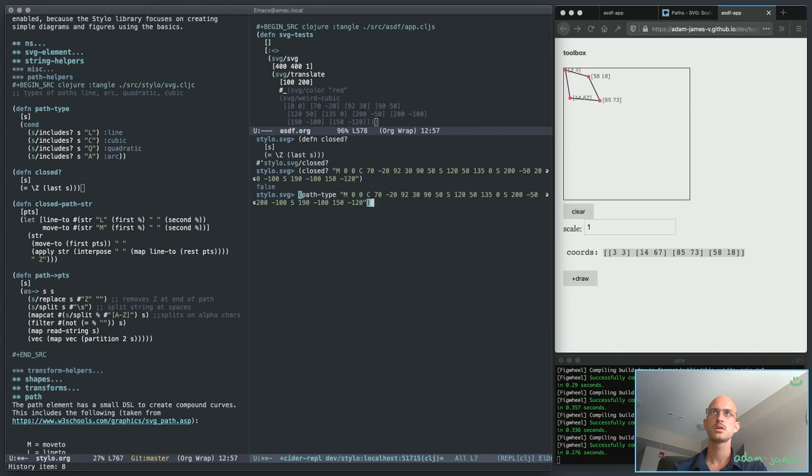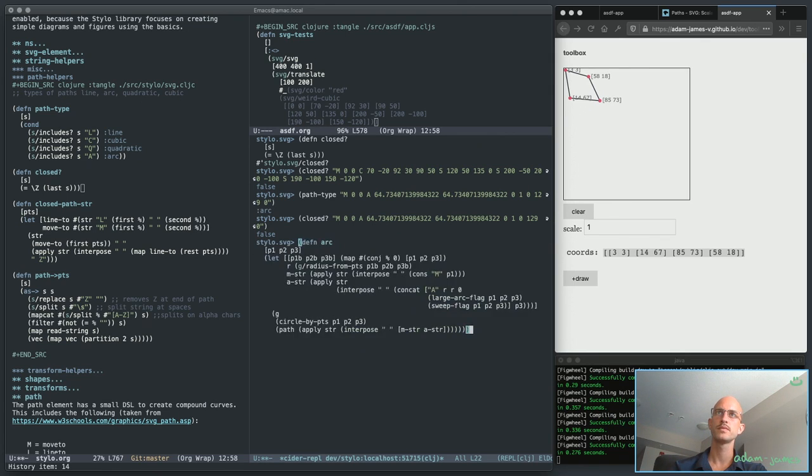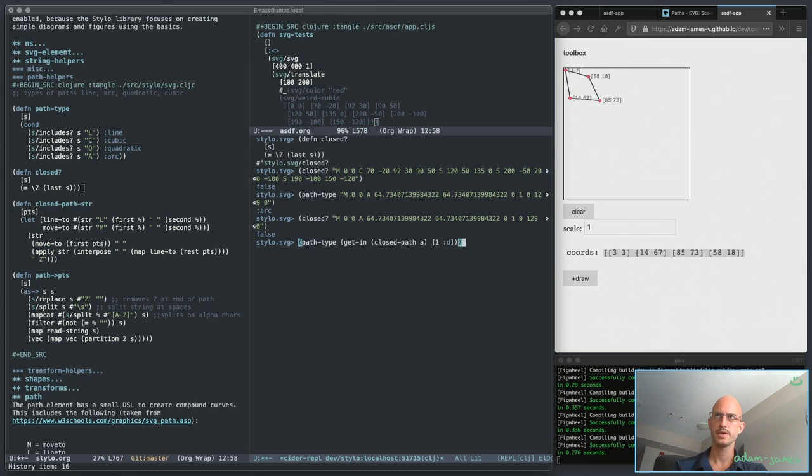This one, arc, if I ask is it closed, it should say false because it does not have the Z at the end there. Now this one here, that's a line. Now if I do closed, true. Okay, good. So that's just going to be useful at some point for